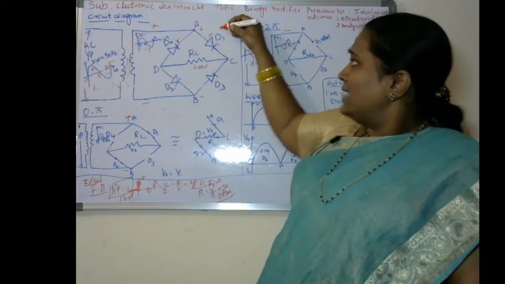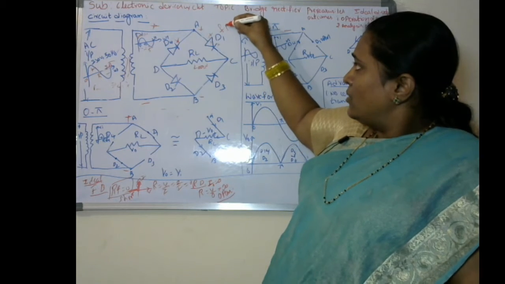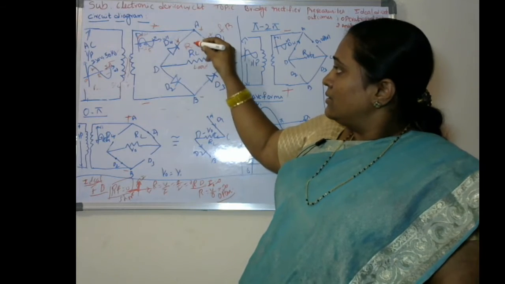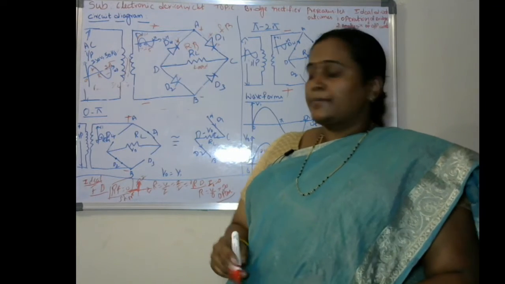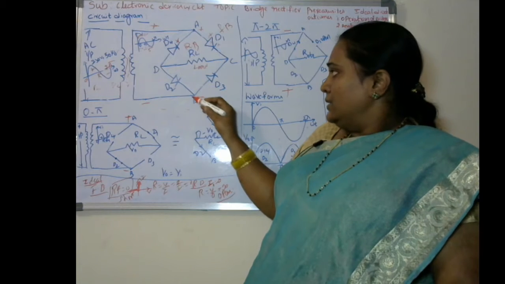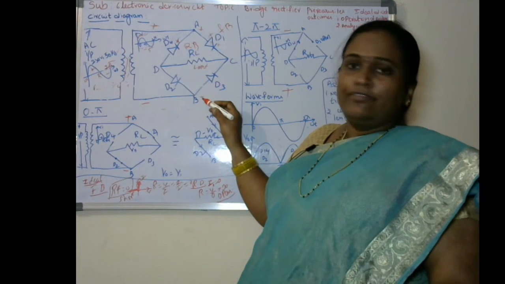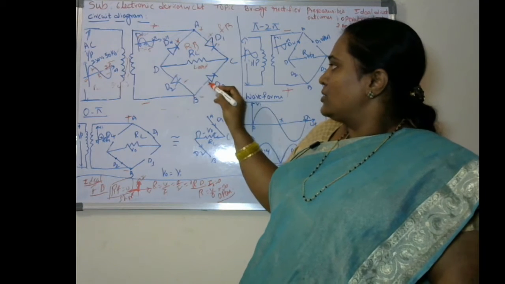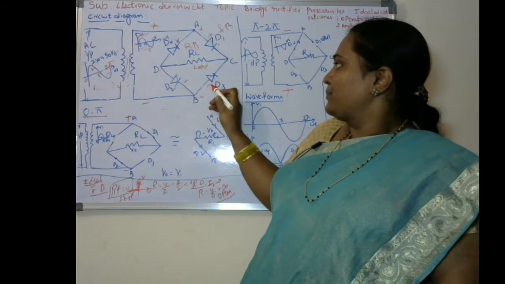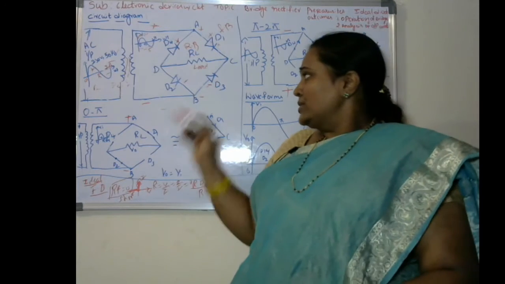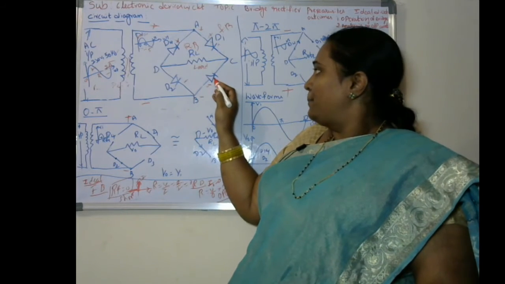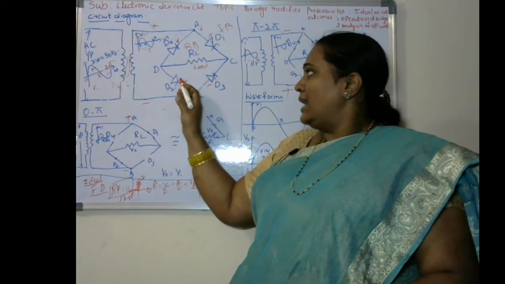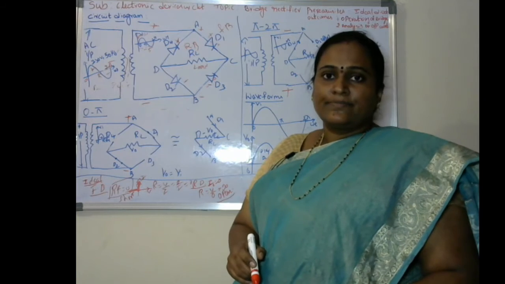We can directly say that it is forward bias and this goes for reverse bias. Next, at point B we have the negative potential. The diodes here have the negative potential, here also the negative potential. The negative signal has been applied to the P type in this case, and the negative signal has been applied to the N type in this case.